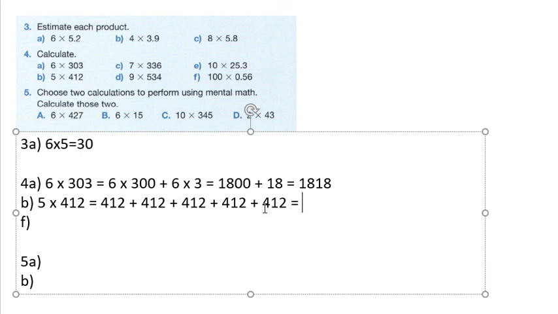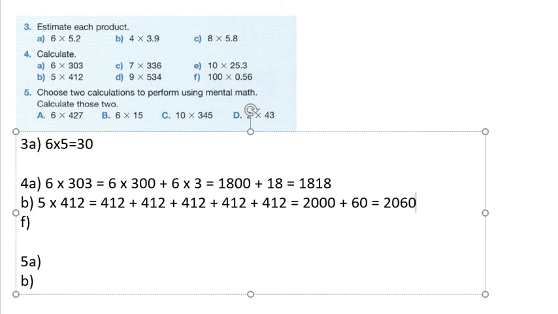Now I'm going to add them up, but I'm going to add them up starting with the hundreds. 400 plus 400 plus 400 plus 400 plus 400. You could add them, but a fast way of doing that would be 5 times 400, which is 2,000. But I haven't yet added up all of my 12s. I haven't added those yet. So 12 plus 12 plus 12 plus 12 plus 12, 5 times. That's like saying 5 times 12, which is 60. So 5 times 412 is